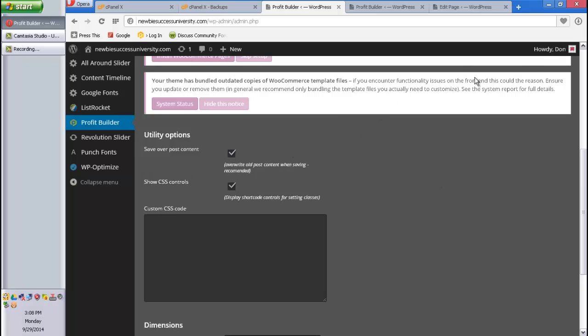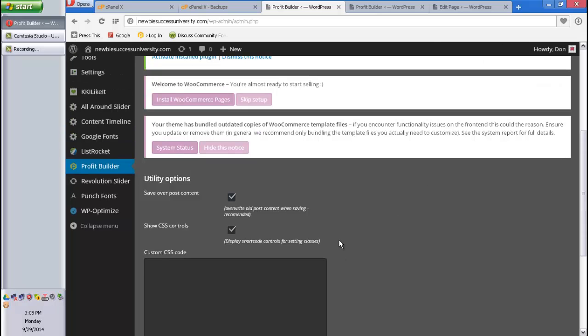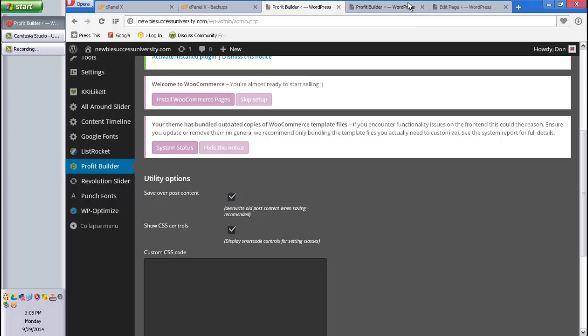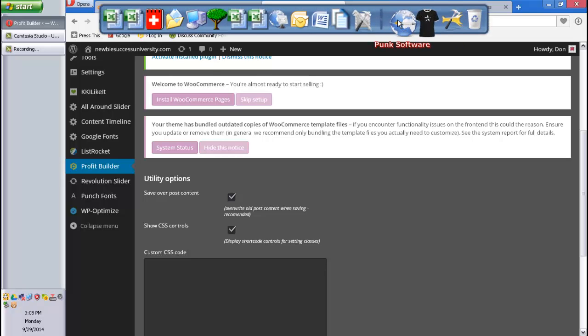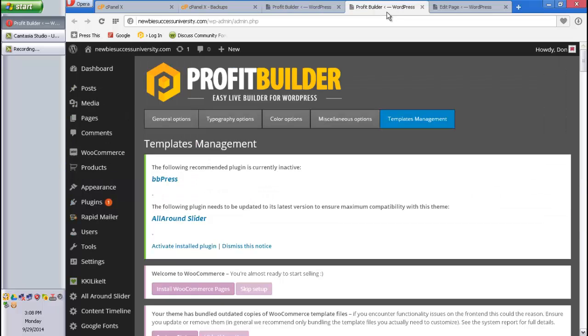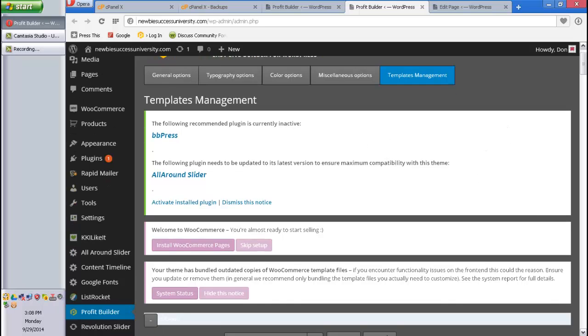Okay, in my case, I need it checked back in because I'm not editing old content, so it makes no difference to me. Now, I've already taken the liberty, because of the speed at which this is running and the issues I seem to be having here, trying to get this mouse to see it, I went ahead and brought it over here and put it in the template management of the plugin. Again,